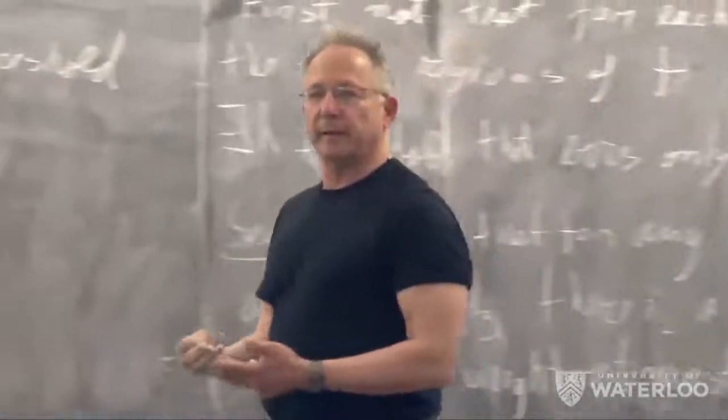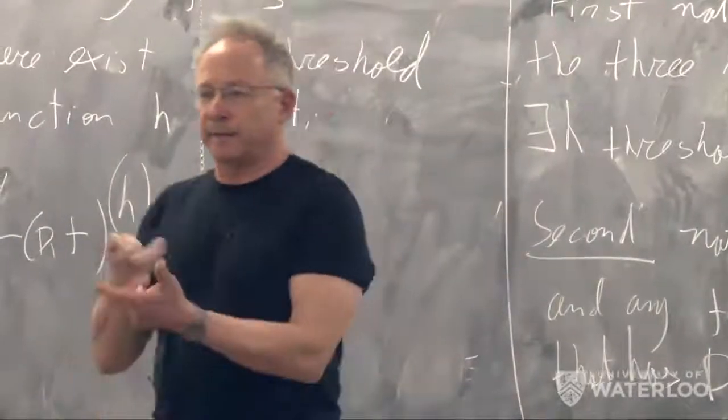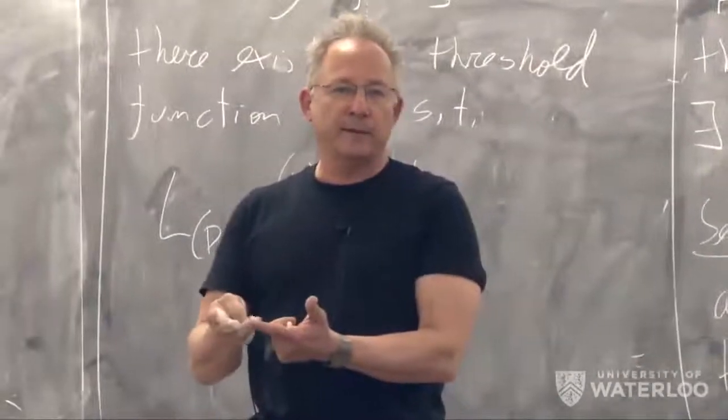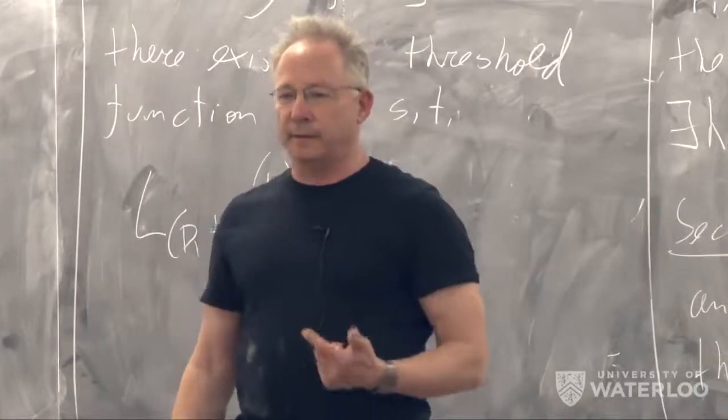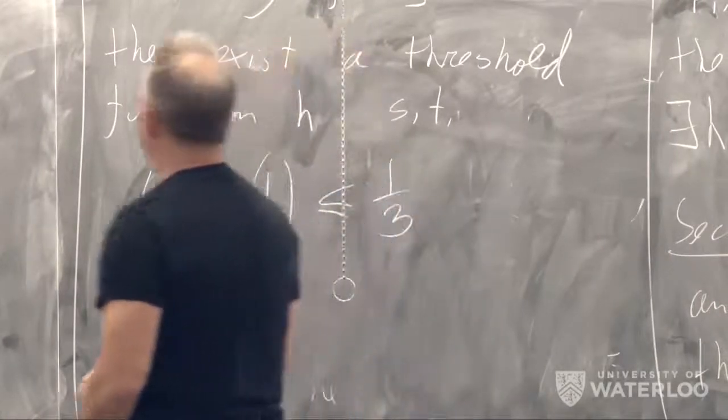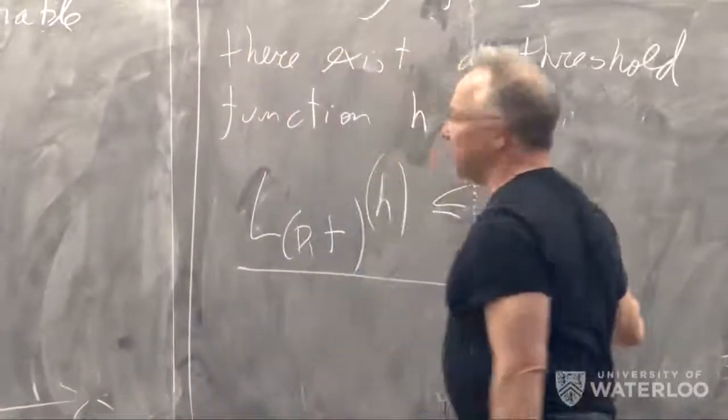So the ERM will just pick the third that weighs the least, and I can then find a threshold that will err only on this third. And therefore, my error will always be at most a third, which is a